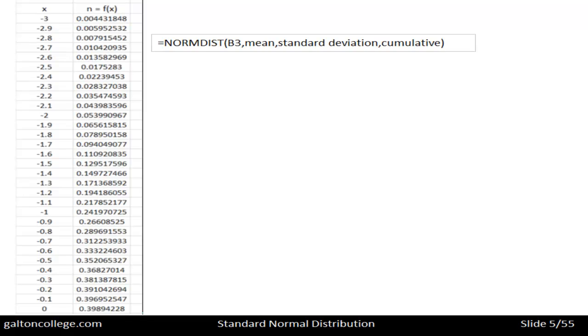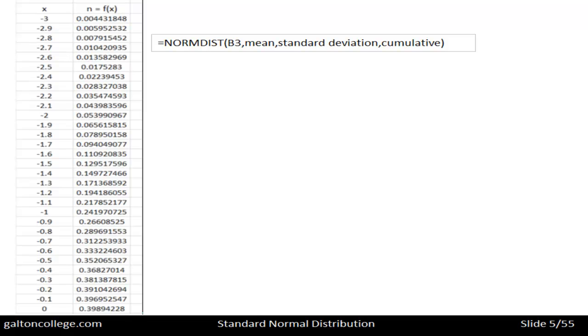Let's look at a sequence here of possible outcomes. Let's say this is x and these are possible outcomes. Then if we use Excel, we can simply generate the normal distribution figures for this population, running from -3 up to 0. And if we enter a command into Excel, which takes the